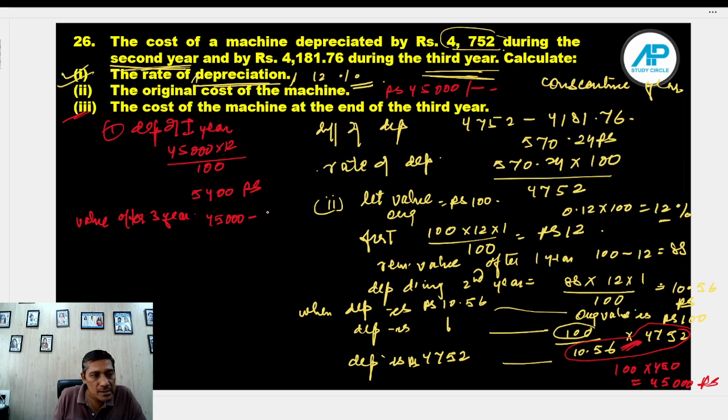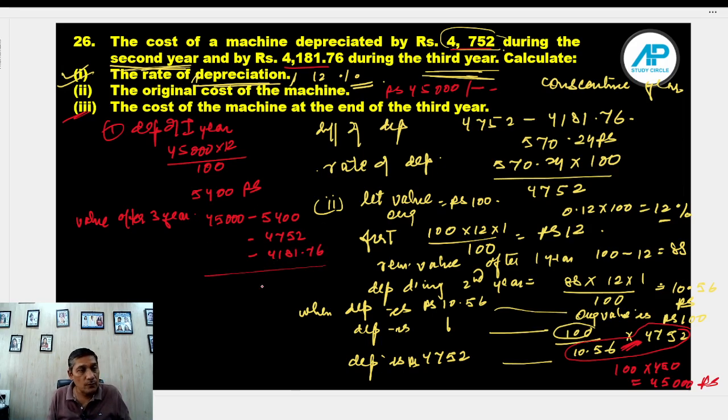45,000 minus 5,400 minus, for the second year depreciation is 4752 minus, for the third year depreciation is 4181.76. Subtract these three values from 45,000: 5,400 plus 4752 plus 4181.76. So I'm subtracting on the whole 14,333.76 out of